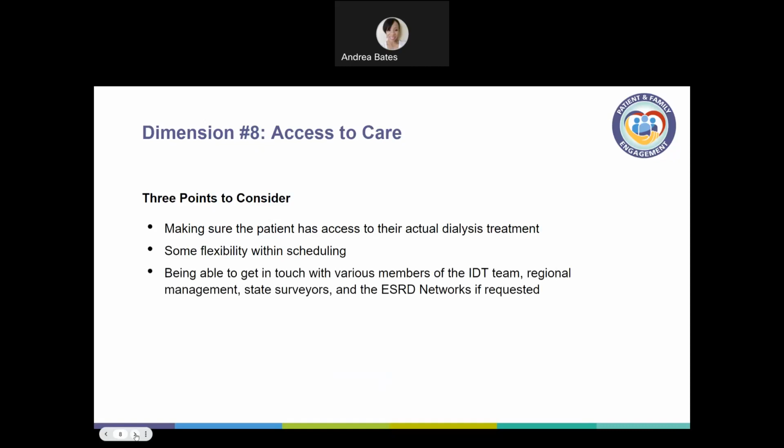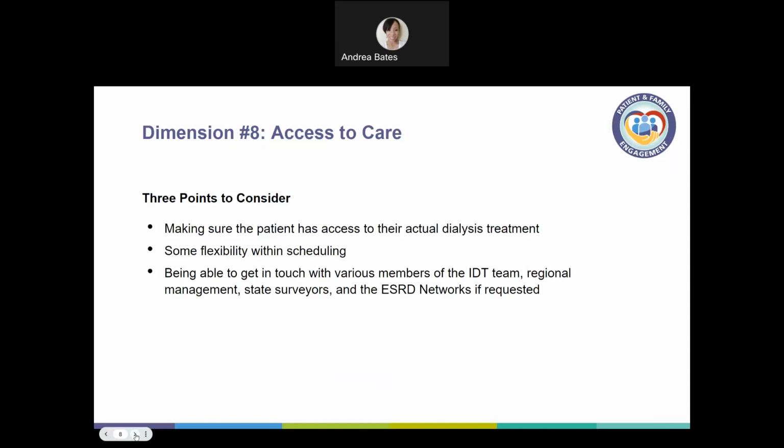and the ESRD networks. So if patients ask for any of these contact names or numbers, it is very important that you follow through and give that information to the patient. Sounds very trivial, sounds very common sense, right? However, there have been many times when I have gotten calls from patients or family members where they've asked for the name of the regional vice president or the director of operations for whatever reason, and they're not provided that